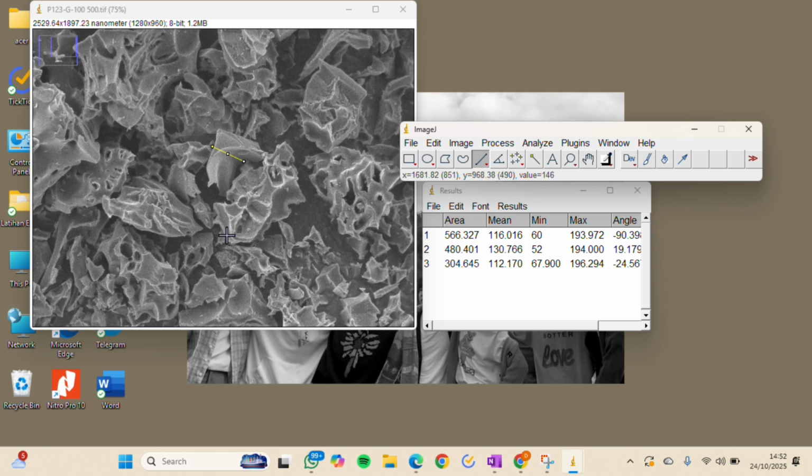Okay, I have a shortcut for measurement. We only press CTRL with M, and D to measure faster. So we do not need to click analyze and measure, we use the shortcut.